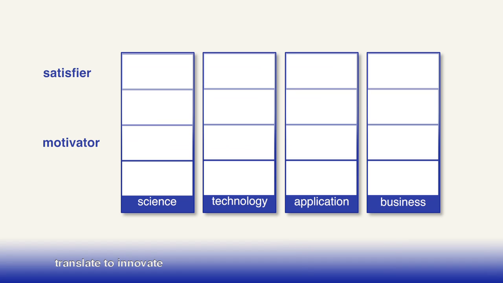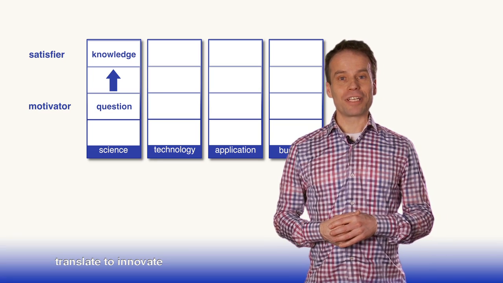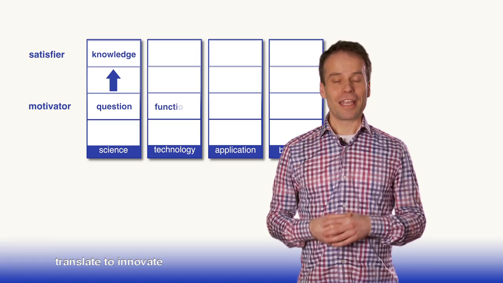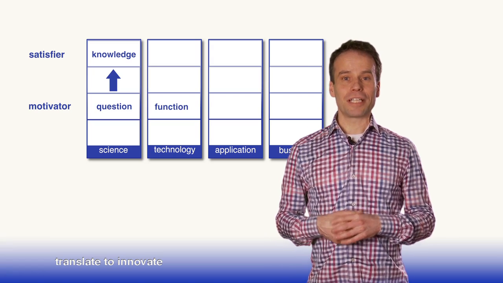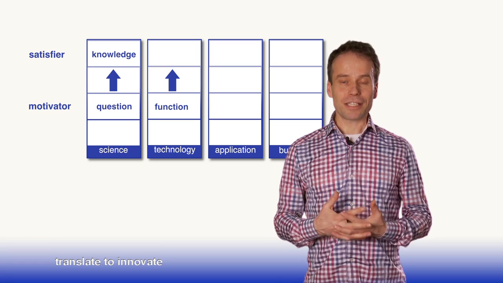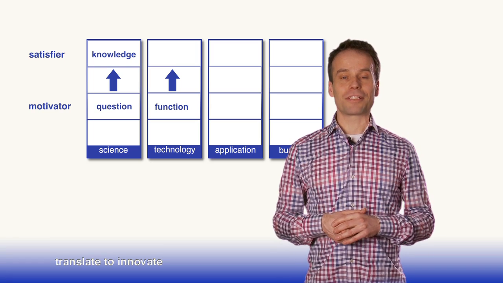What motivates a scientist? A scientist is motivated by questions, and at the end of the day, the scientist is happy when knowledge and understanding have been produced. A technologist is motivated by function. A technologist wants to make something that performs a job and is satisfied when a fully functional system has been